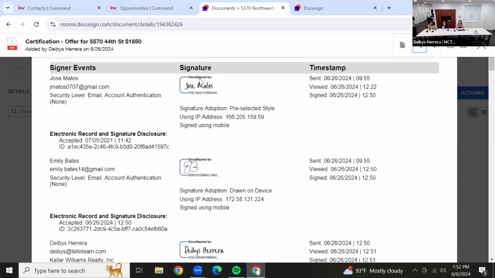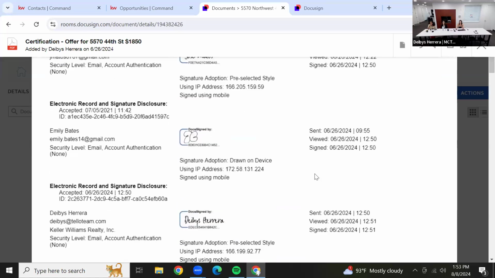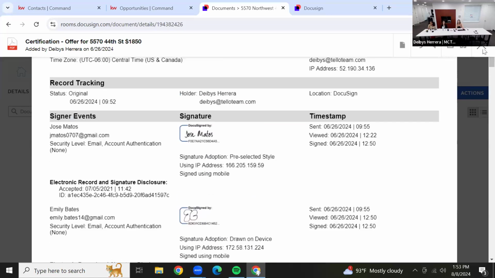So with that, here you'll see the signer events. It shows you each recipient that you sent out an actual Docusign envelope to. And most importantly, it gives you their IP address, their timestamp, when they viewed it, when they signed it. This is not something you want to delete. Do not delete. And so with that, I create my certificate folder